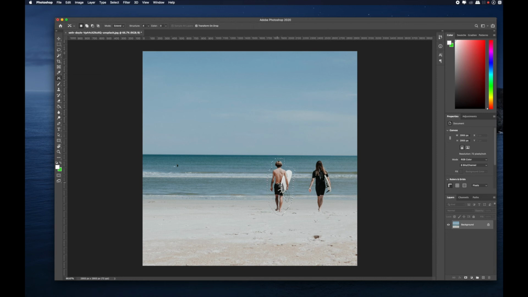Now for example, I have to first of all select this. I don't have to go back to the lasso tool. As soon as you select the content aware tool, you can make the selection, you don't have to go to the lasso tool. Now I have selected this particular subject. Here in the options you have the mode, move and extend. For example, if I use the move option, the subject will be selected and I can move it.